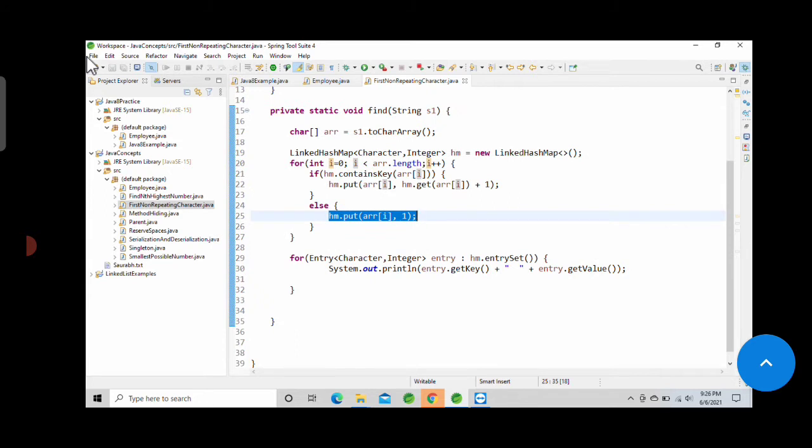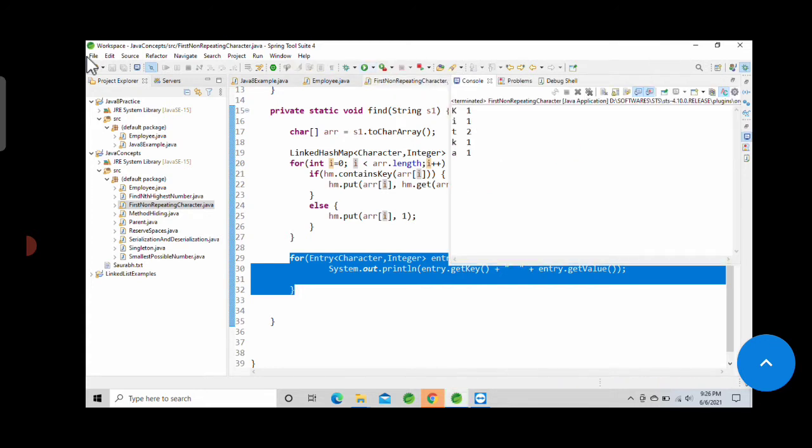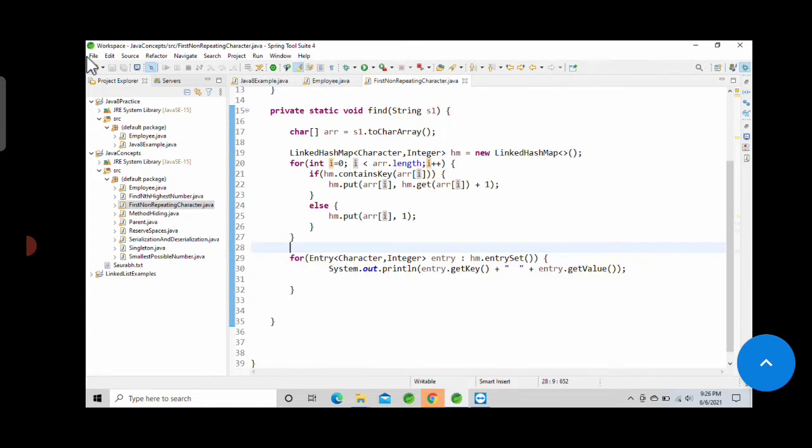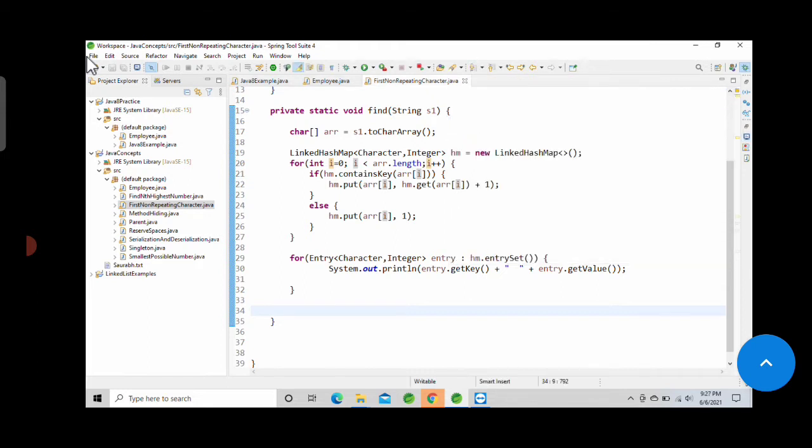Once we print this and run the program, you can get a better idea. Here you can see, as we are covering the case sensitive case first, it is showing capital K 1 and small k 1, and the others are working fine: i 1, t 2 and a 1. Now if you want to find the first non-repeating character, it will be K only, because we have to find the character having count 1 from the start of the given string, so it should return K.